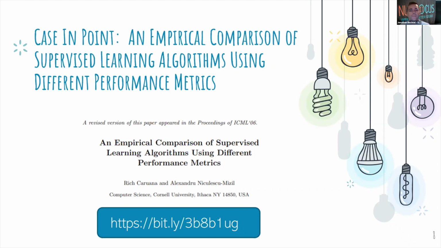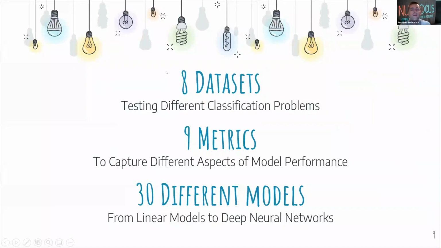So what it did: it looked at 8 different data sets and used 9 different metrics. The total number of models that were used, I believe, was actually 2,000. But in terms of the ones that they actually ranked, it was 30, okay? And this ranged anywhere from simple linear regression to a deep neural network. And then the overall results,